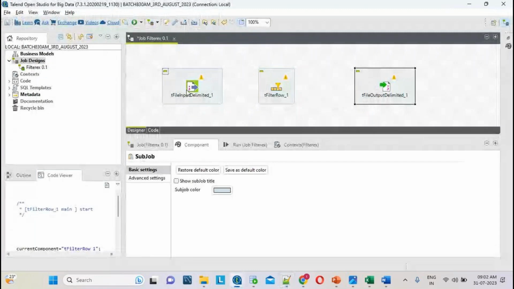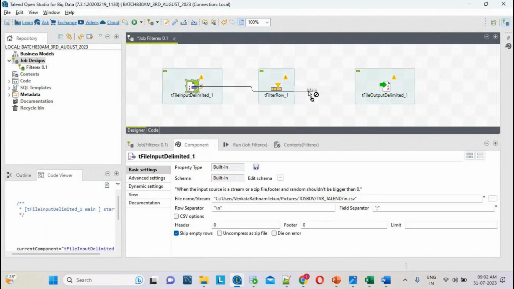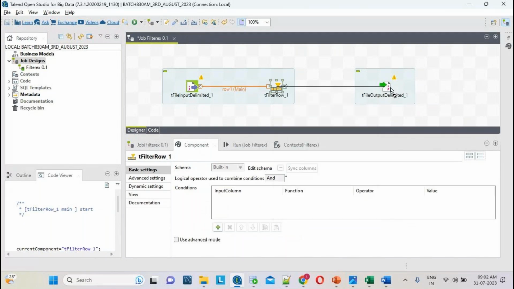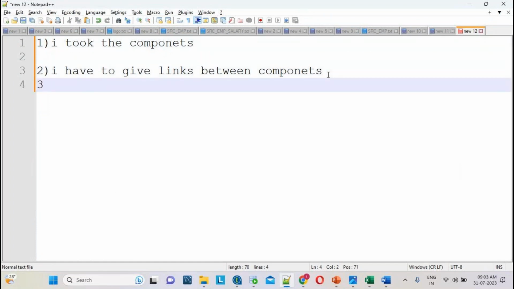How to give the links between the components? Right click this one, Row Main. We will explain all the properties in the regular classes. So right click this one, row, and filter. Now I have given the links between the components. That is the second step.